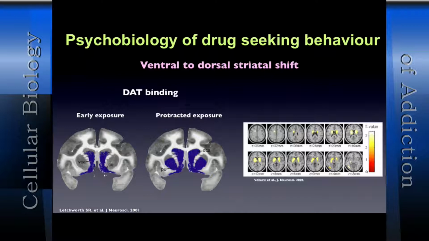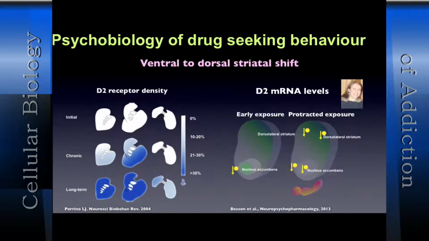Okay? And this can be put in parallel with the increased dopamine transmission in the dorsal striatum in drug addicts that crave cocaine. The same spread from the ventral to the dorsal striatum in terms of neurobiological adaptations to cocaine has been shown with regards to the D2 receptor density in monkeys, where you have decreased D2 receptor density initially restricted to the ventral areas, and that progressively recruits the dorsal parts of the striatum.